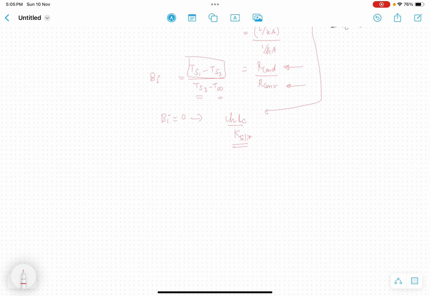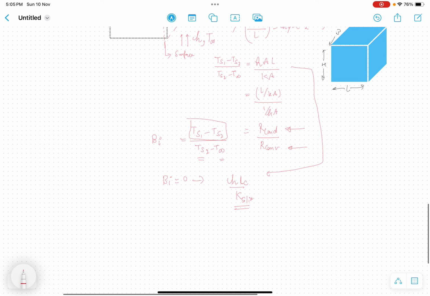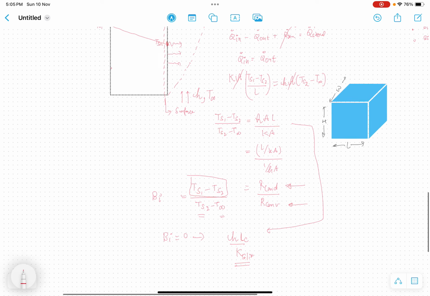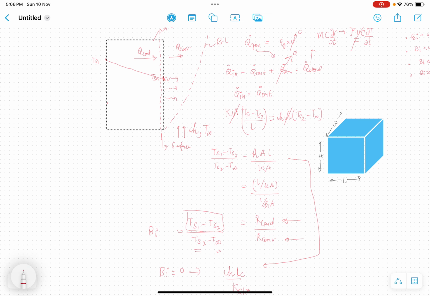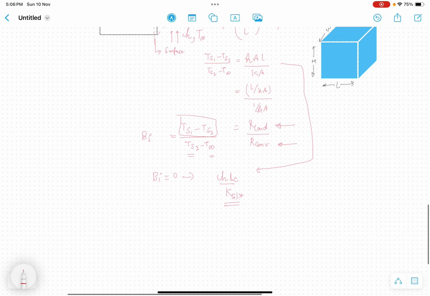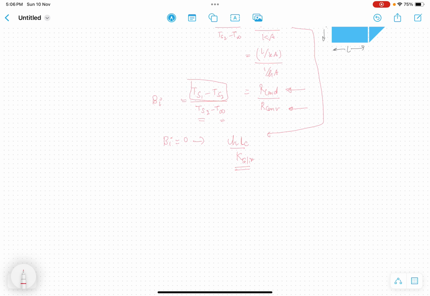If the thermal conductivity of the solid is very high, it means it can conduct heat very fast. It means even if there is a low temperature drop between 2 points inside the solid body, it can conduct heat. Alright, and if the heat transfer coefficient is very low,